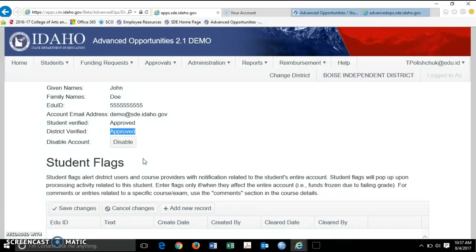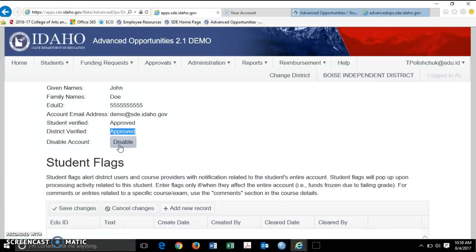Basically, they have no way to access it. If that is the case with any of your students, you can disable their account. When the account is disabled, the student will need to log in and create a brand new account from scratch. And then when you verify the EDU ID number, it will merge with the old data from previous requests from